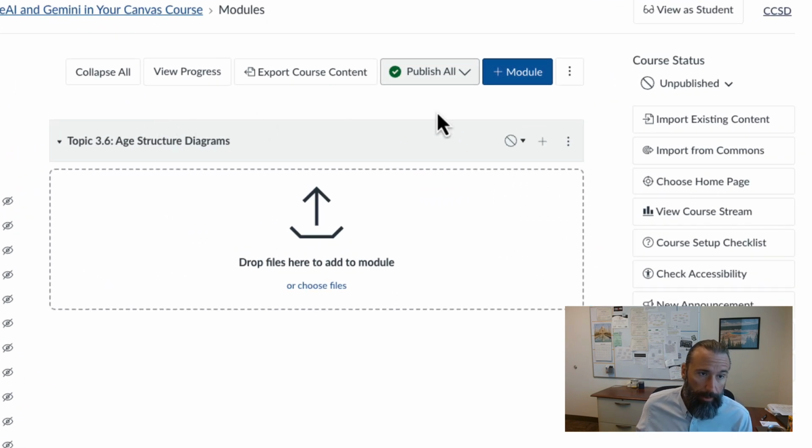Or you can take a moment, click the blue button up here, plus module, to create a new module. Name it the topic or standard that you'd like to create a page of content and new quizzes on, and go from there. I already have my module all set, ready to go, so I'm going to click on this, take a look, that plus sign,